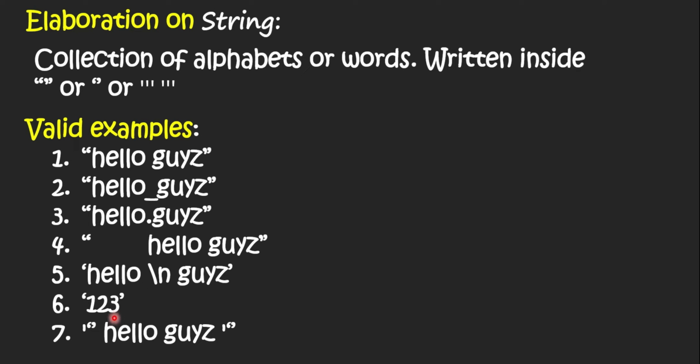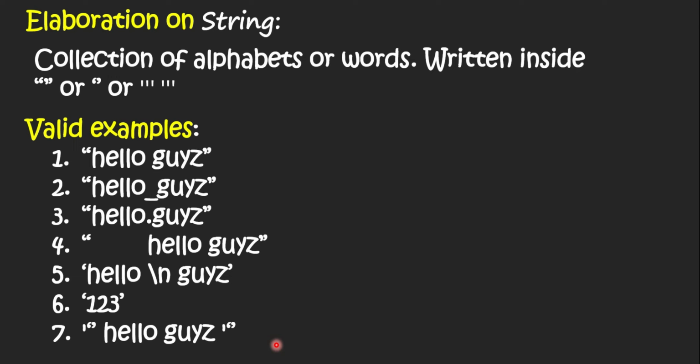1 2 3, these may look like integers, but they are treated as strings because they are enclosed inside single inverted commas. So 1 2 3 is not an integer, it is a string in this example. All right, this is triple inverted commas, but due to the formatting of this text it is not looking like a triple inverted comma, but I would explain it in the code. So anything inside triple inverted commas